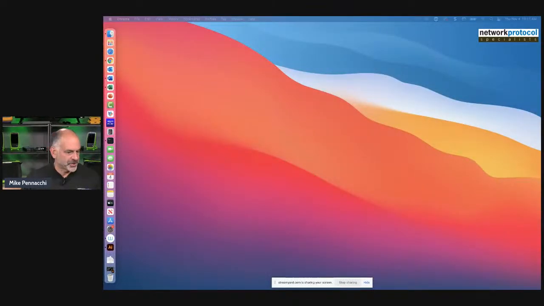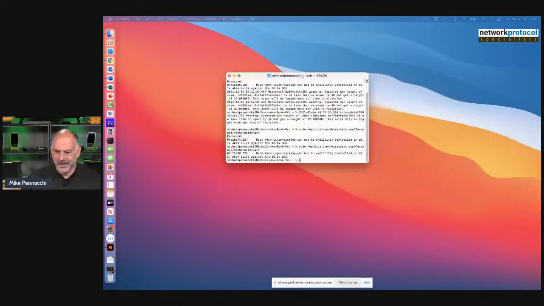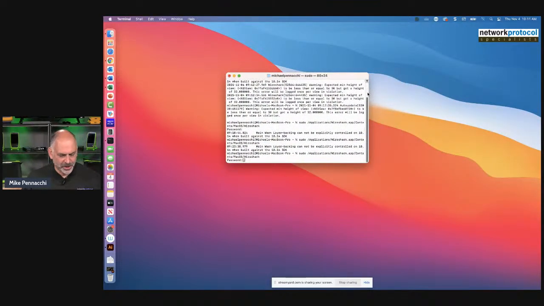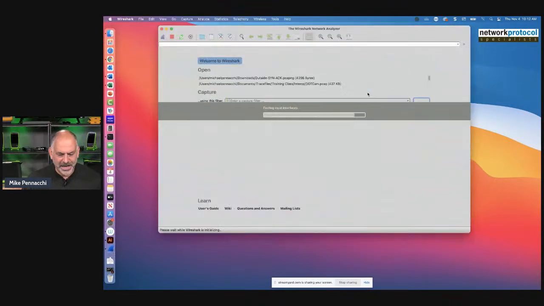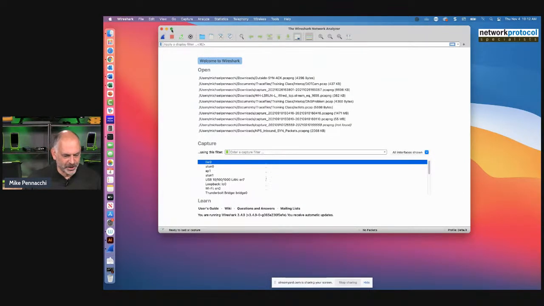Now, what I'm going to do is share my screen. I'm running Wireshark on a MacBook. When we're running it on a Mac, we have to run Wireshark as root so that we can see the interfaces on it. If you're running it on Windows, you're not going to have the same problem. So in this case, I'm going to grab this window right here and start Wireshark as root. I'll type in my password, and that's going to fire up Wireshark.